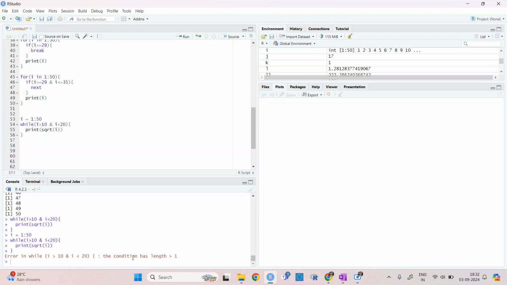Okay, the condition has length greater than one. So it is not accepting, like what happened in the if case. So what we can do instead is write just I is equal to 1, and then give the iteration, like I is equal to I plus 5.